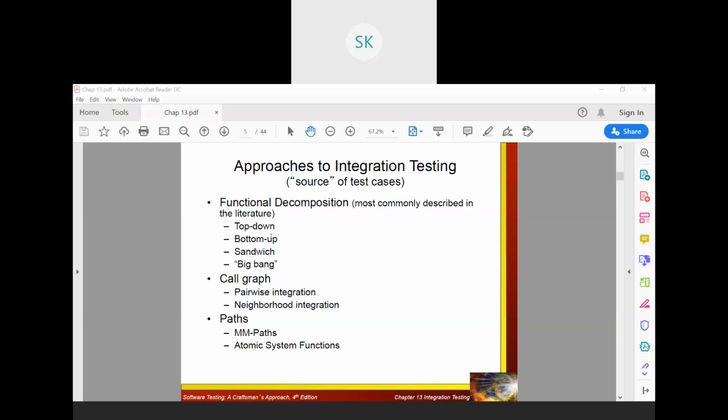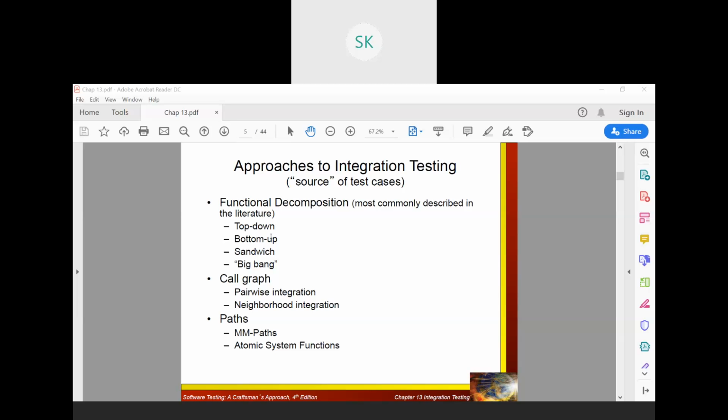One is the top-down approach, right from the top. One particular module is divided into several categories, and for each category it asks for the output. The second one is the bottom-up approach, where it starts from the bottom. The next one is a mixture of top-down and bottom-up, where both happen. That is called sandwich. The last one is big bang. There are a lot of theorems that come under big bang; we'll take care of them later, don't worry about it. Top-down, bottom-up, sandwich, big bang. So these are the four functional decompositions that you have with respect to integration testing.